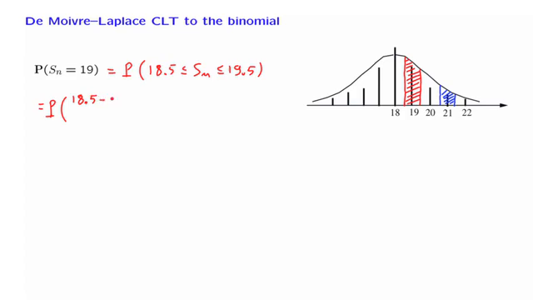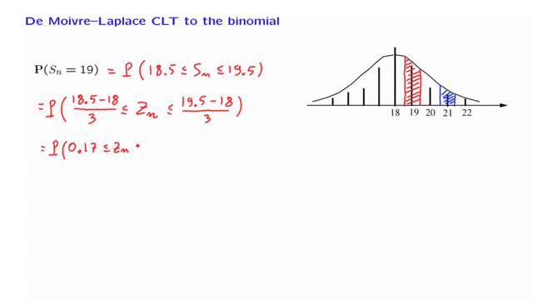That is, we subtract throughout the mean of Sn and divide by its standard deviation. So what we obtained here is the standardized version of Sn, and that has to be now less than or equal to 19.5 minus 18 divided by 3, which is the probability that our standardized random variable lies between 0.17